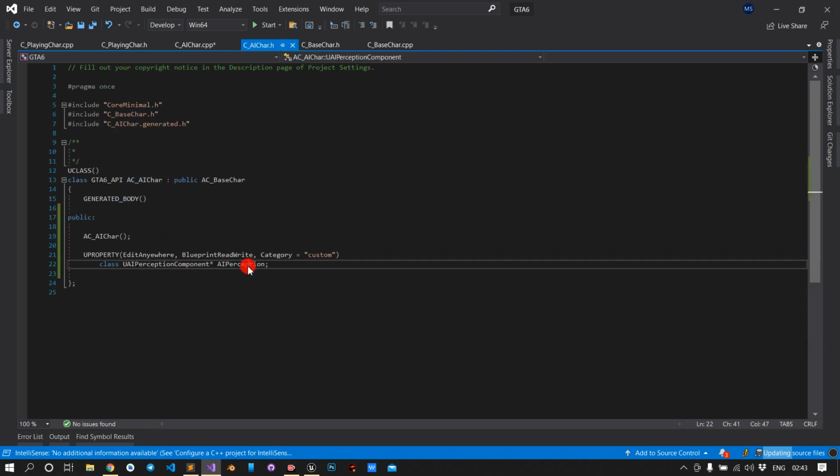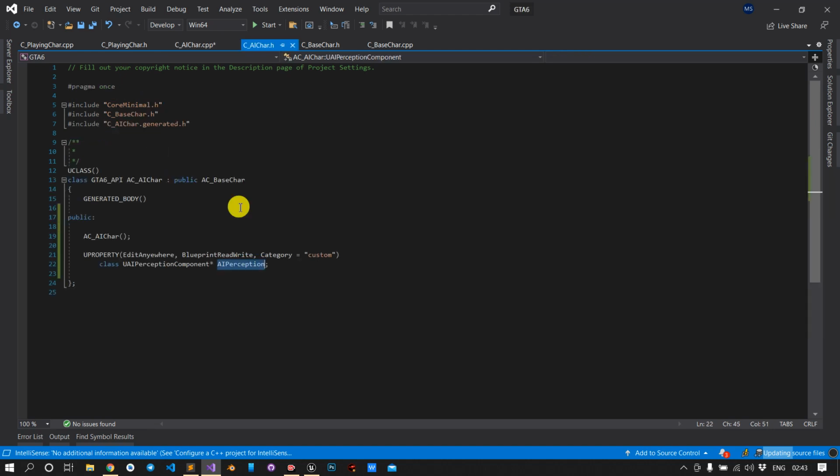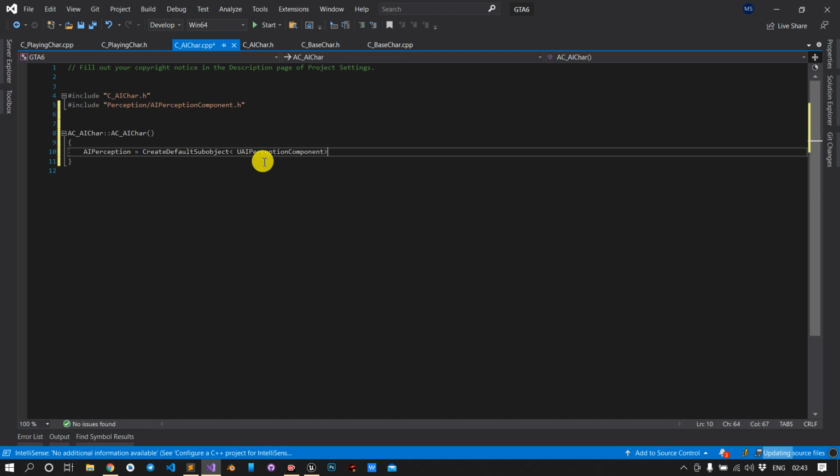Okay, so first, we will create this component. Again, CreateDefaultSubobject. We want the UAIPerceptionComponent. Next thing, we have to specify the text. I will put the name the same.